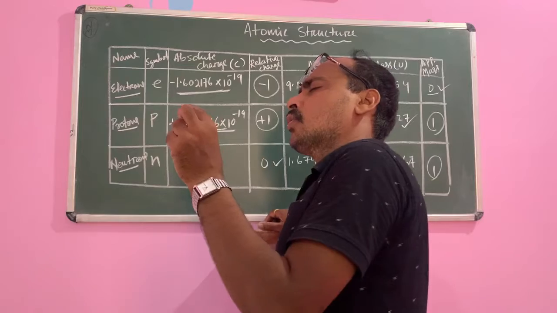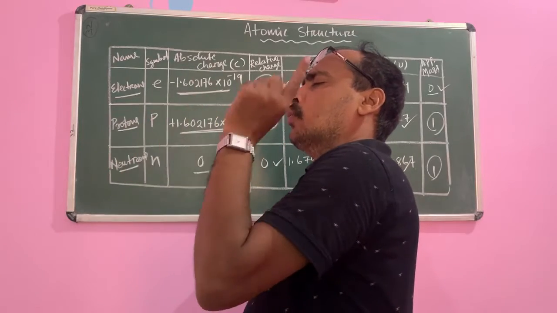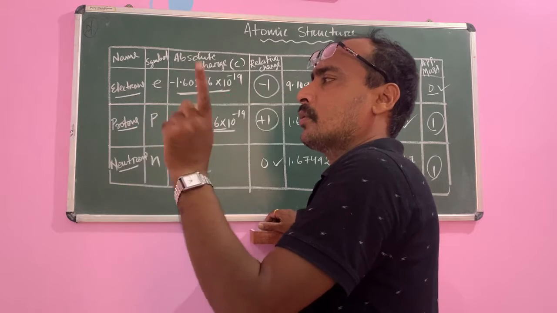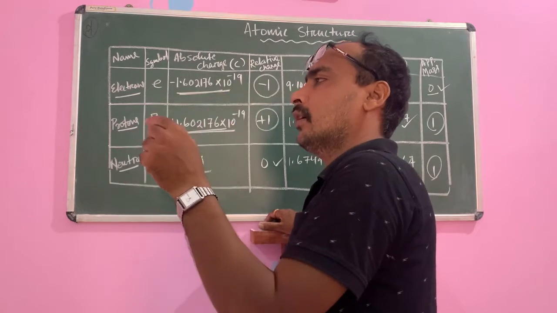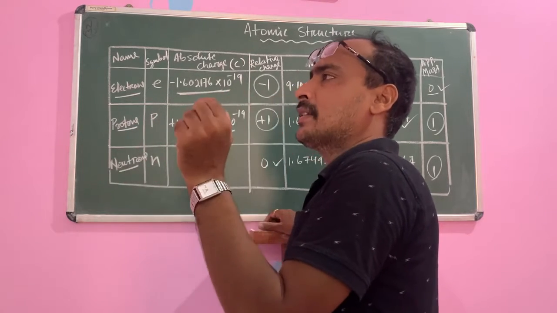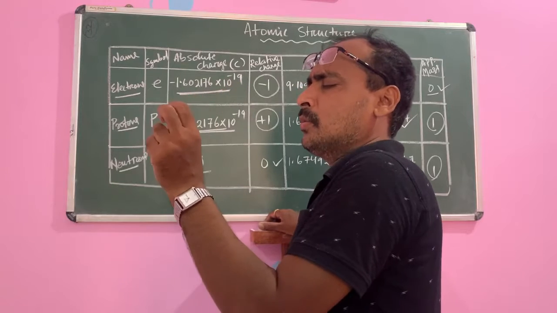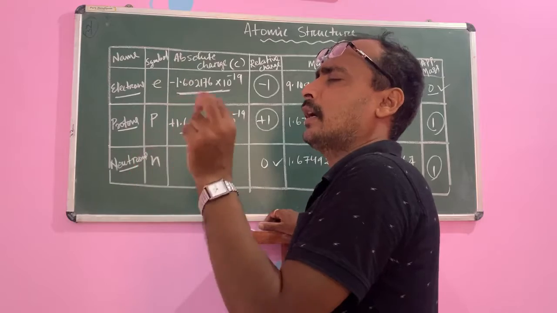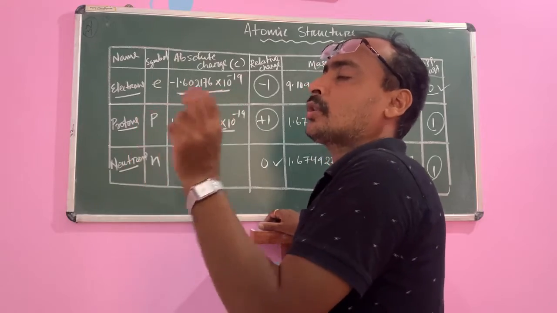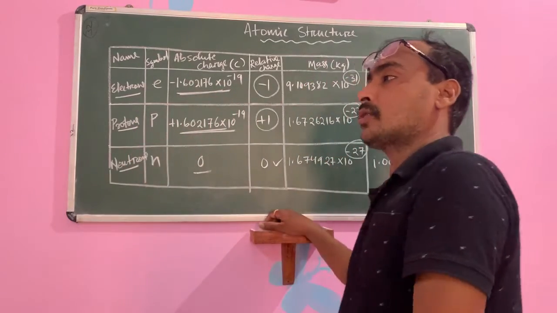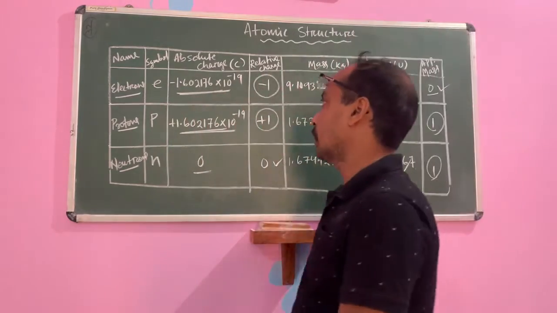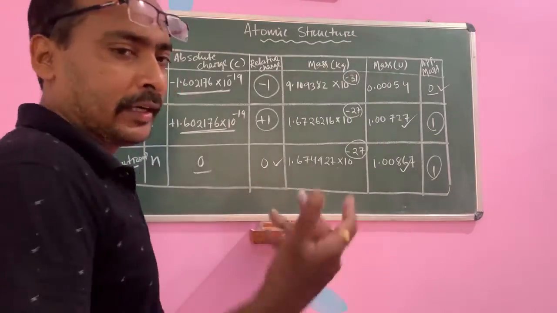Then the third conclusion, what is the third observation? 1 out of approximately 12,000 alpha particles will return along its original path. So it means there is a small volume of positive charge having the total mass of that atom. So the total mass and total positive charge of the atom are in a small volume, that is called the nucleus. This is the conclusion. Okay, children. So these are already deleted.